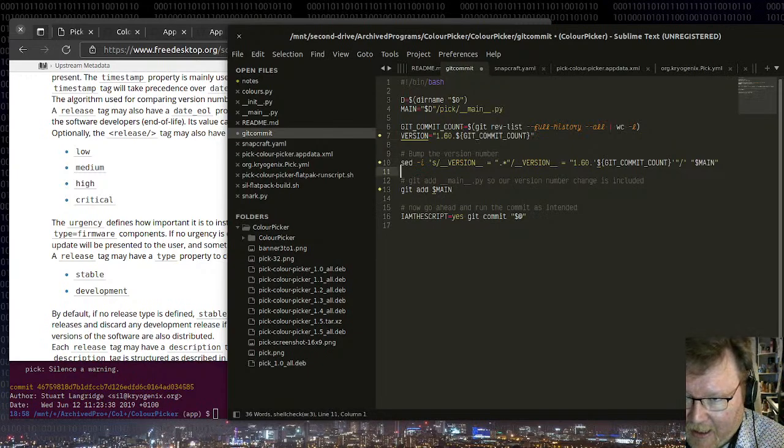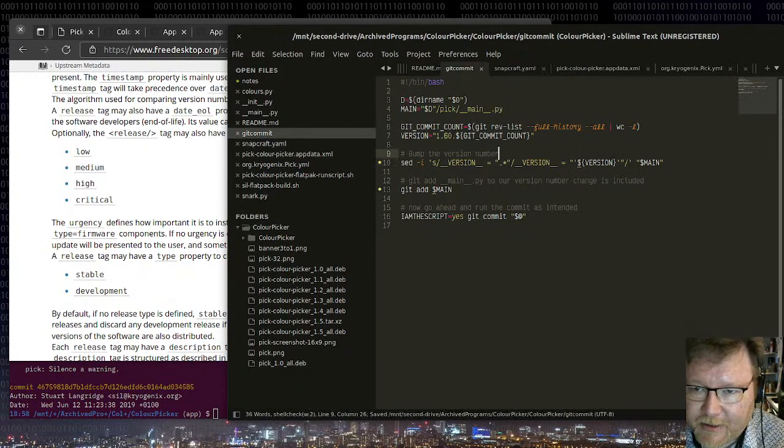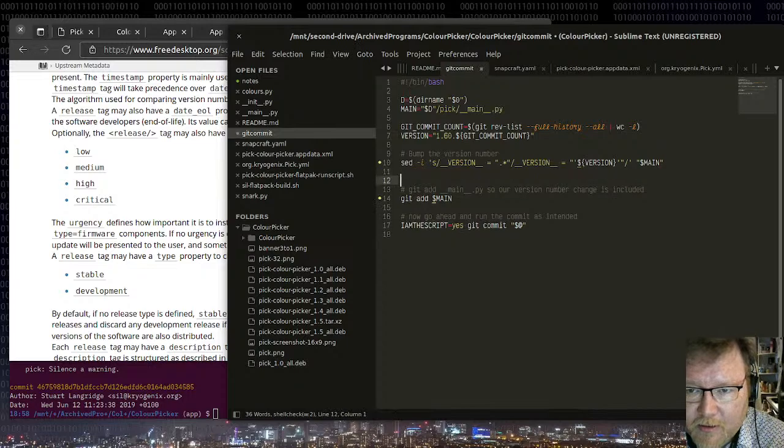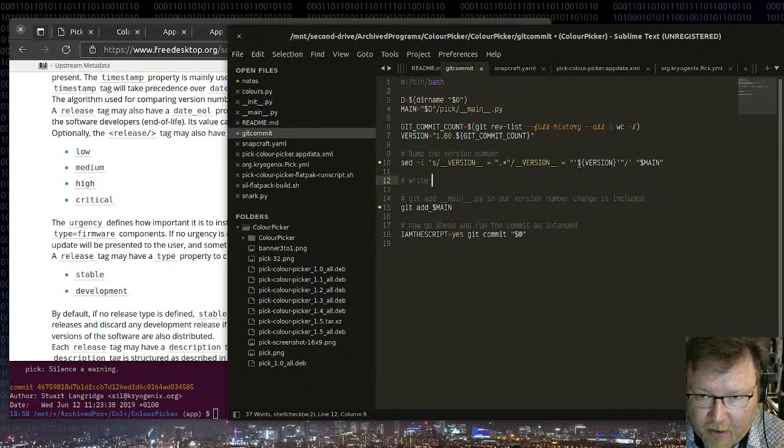Right, and then here, excuse me, sorry, we want to close that, and this is now version instead. So that should still work. But now I have the version in the variable. So now I can also write a release tag into app stream